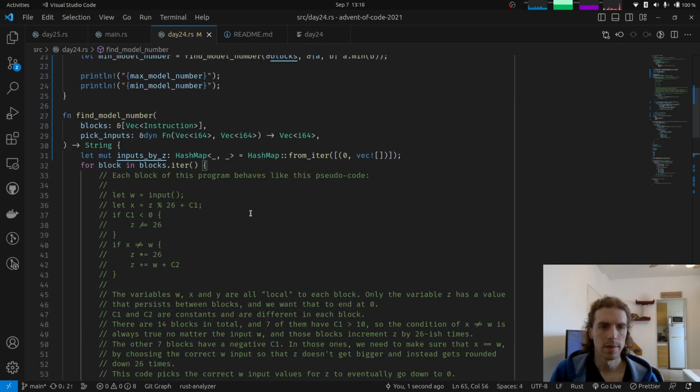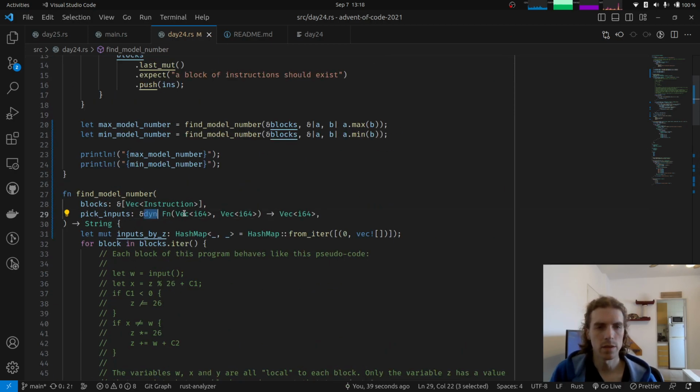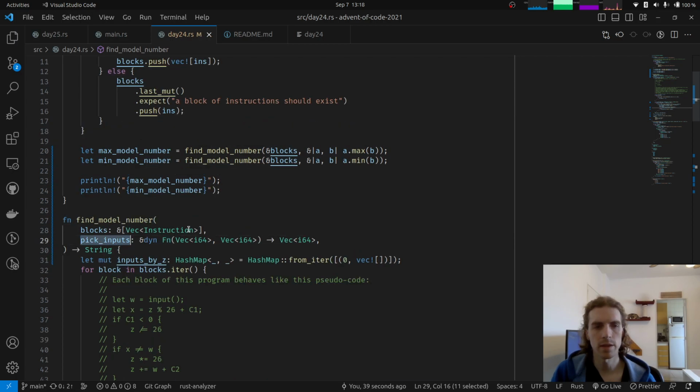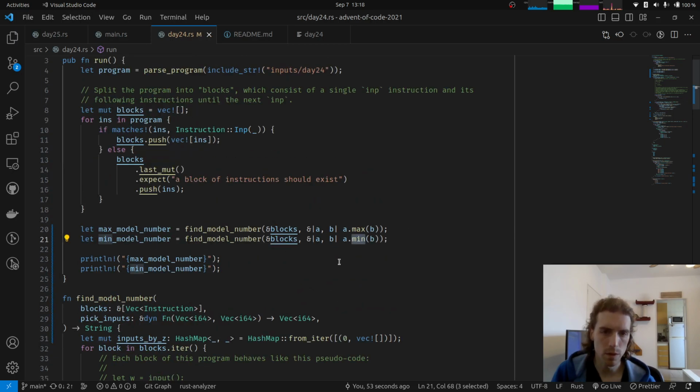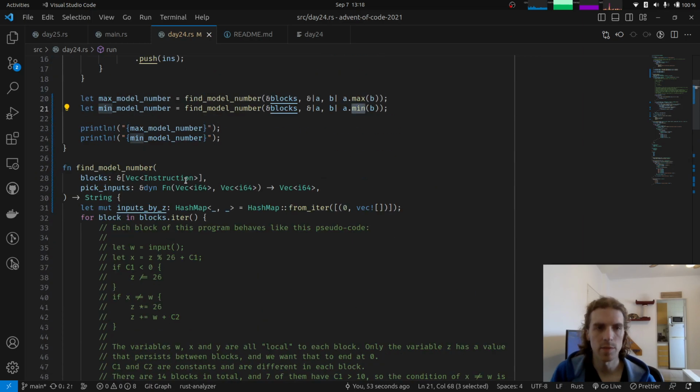That's very good. Okay, but we are doing this with dynamic dispatch on these functions, and here we are saying, okay, this pick inputs takes two inputs and returns the one that it chooses, and one of these chooses maximum, the other one chooses minimum. So okay, it works, and it's going to be dynamically dispatched. But this is one of the nice things about Rust. Traits can be used for dynamic dispatch, but they can also be used for bounding. How is it called? Like type bounds on